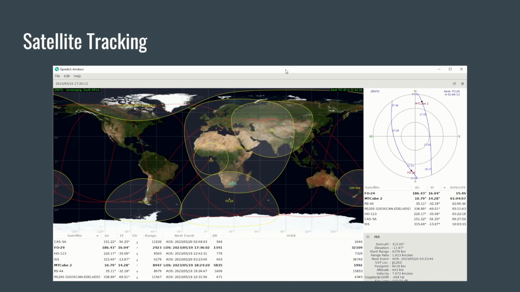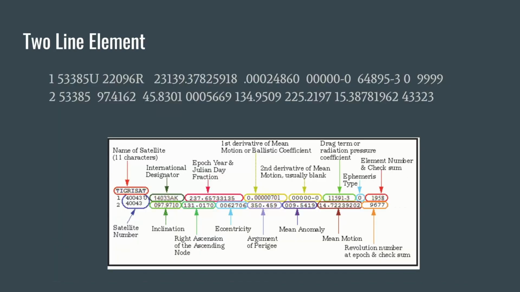Satellite tracking involves monitoring the movement and position of satellites as they orbit the Earth. It's a crucial aspect of satellite operations because we need to essentially know where the satellite is at all times. We can't communicate with a satellite if we don't know where it is. So let's jump into our first project where we try to track a satellite. As an example, we will create a very simple application to calculate where a satellite is at any given time and, more importantly, where it is in relation to our ground station.